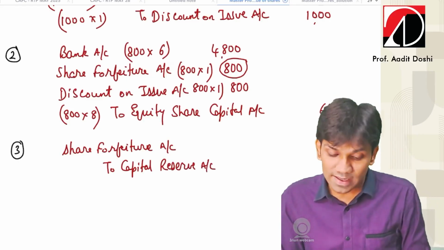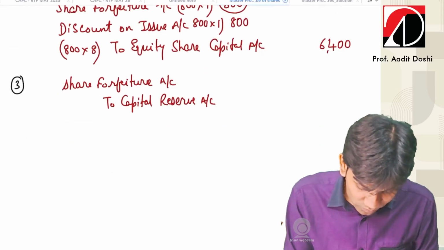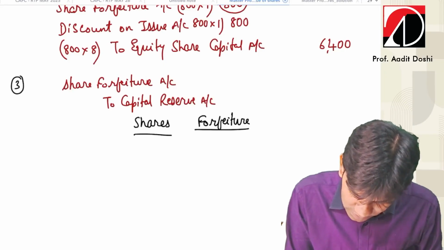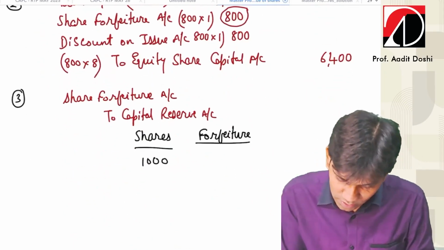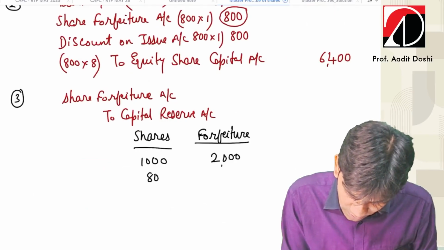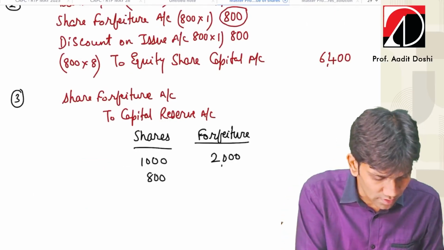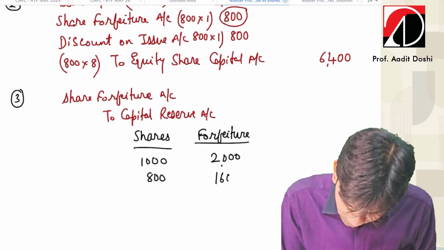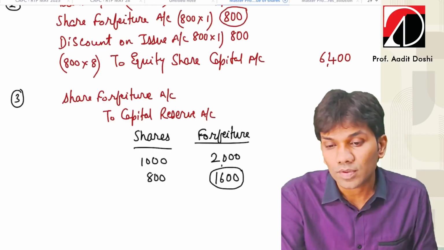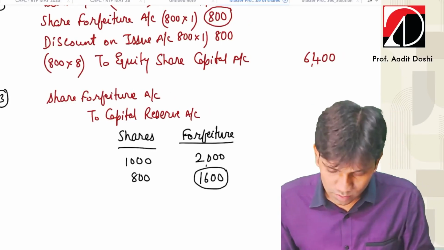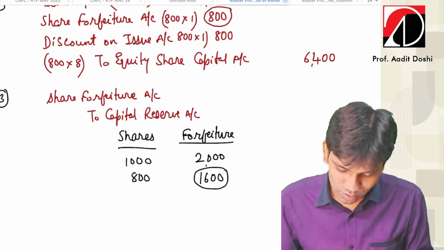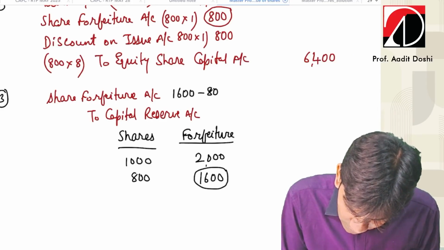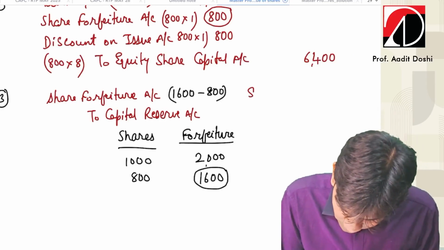बट नाउ मैं इधर डायरेक्ट नहीं ट्रांसफर कर सकता. व्हाई? बिकॉज जितने शेयर्स फॉरफिट किए उतने रीइश्यू नहीं हुए, तो शेयर्स एंड फॉरफीचर. कितने शेयर्स फॉरफिट किए? 1000. कितने का फायदा हुआ? 2000. तो कितने शेयर री इश्यू किए? 800. तो 800 इंटू 2000 डिवाइड बाय 1000, 1600 का प्रॉफिट. आई होप क्लियर है ये. तो 1000 शेयर्स पे 2000 का प्रॉफिट, तो 800 पे कितना प्रॉफिट? 1600 का। सो 1600 का प्रॉफिट, 800 का नुकसान, नेट प्रॉफिट 800.